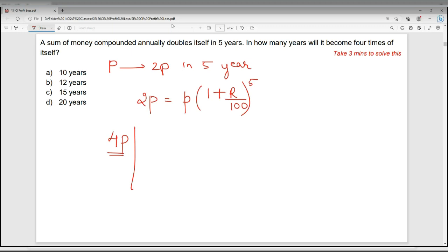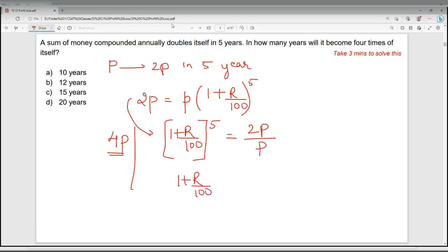And then we can calculate (1 + r/100)^5 = 2p/p from this equation, and (1 + r/100)^5 is equal to 2, and 1 + r/100 is equal to 2^(1/5). Now we'll calculate the time to become